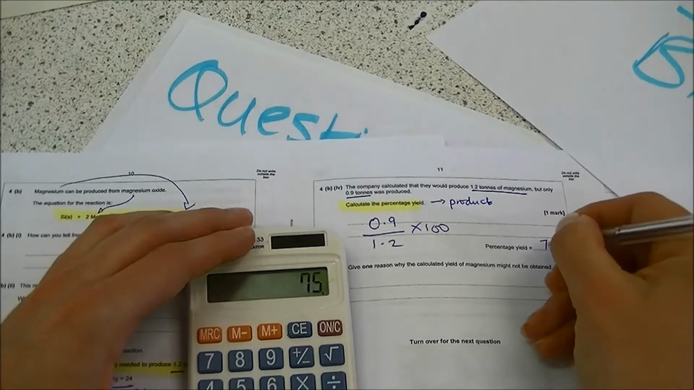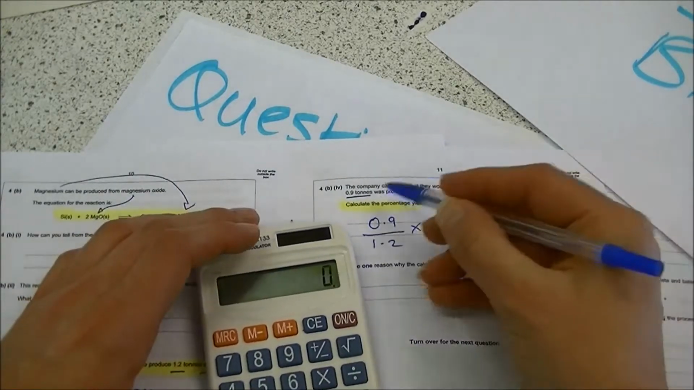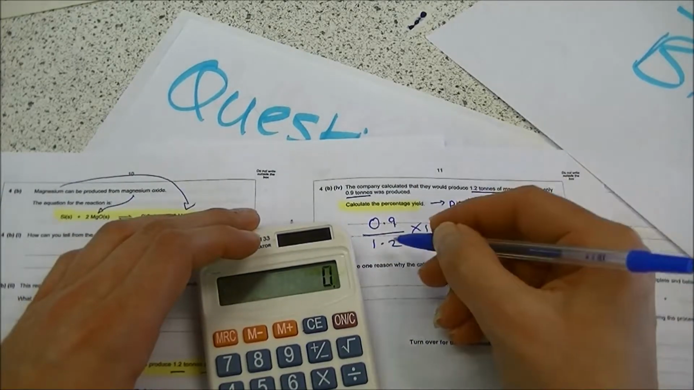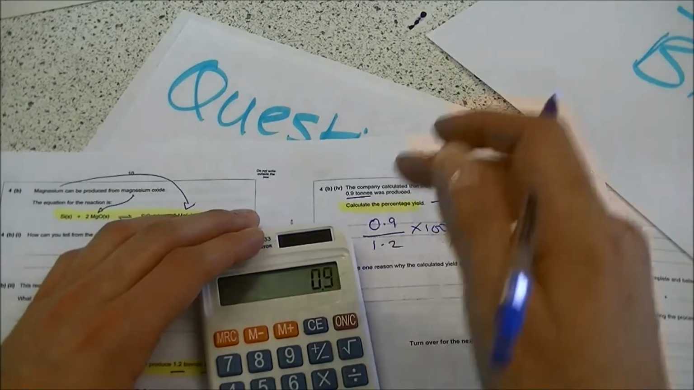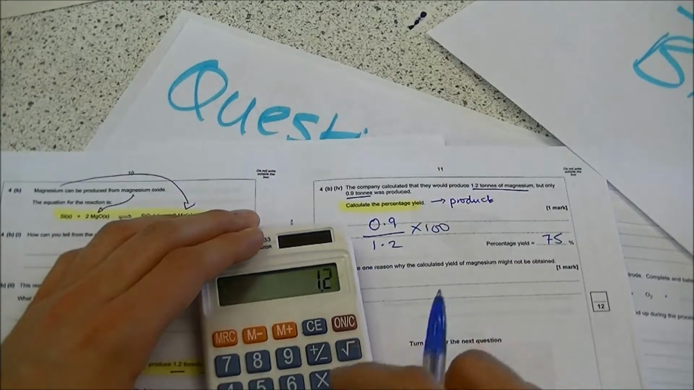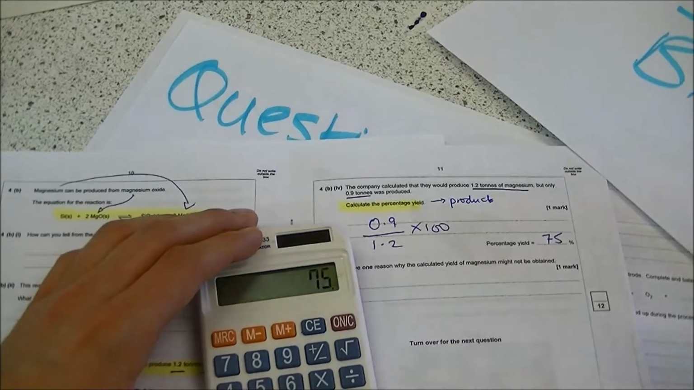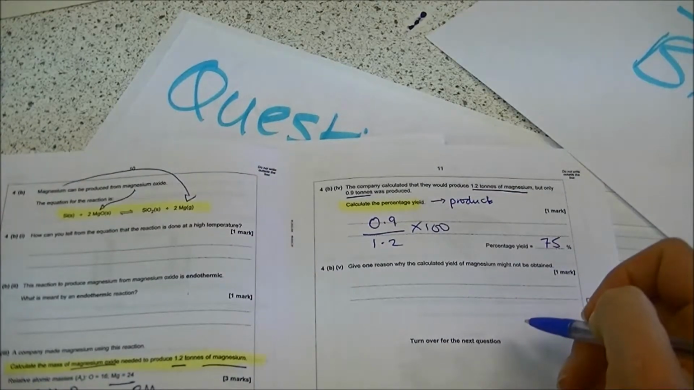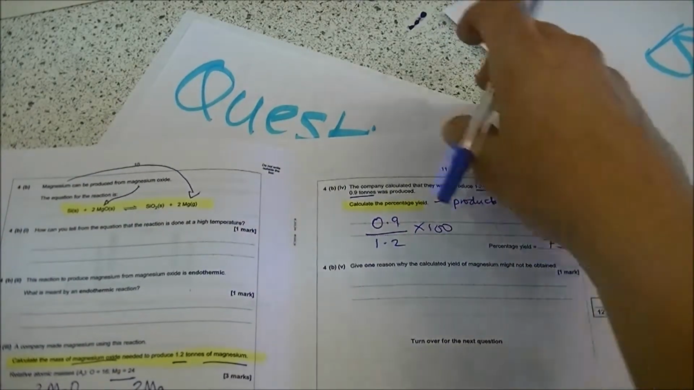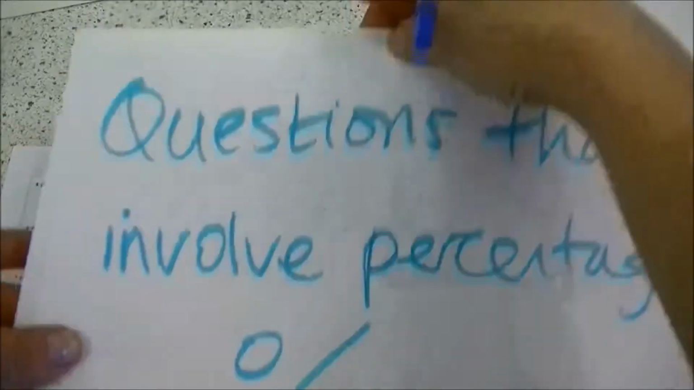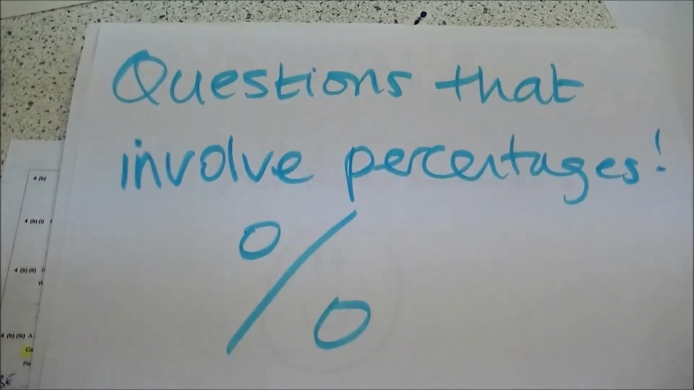I check it again just to make sure I've not made a silly mistake. 0.9, that's the right number. 1.2, correct number again. Small number divided by the bigger number, press equals, times 100, job done, and there's 1 mark. So, just to recap, any question in science that involves percentages, we're going to focus on the fact that